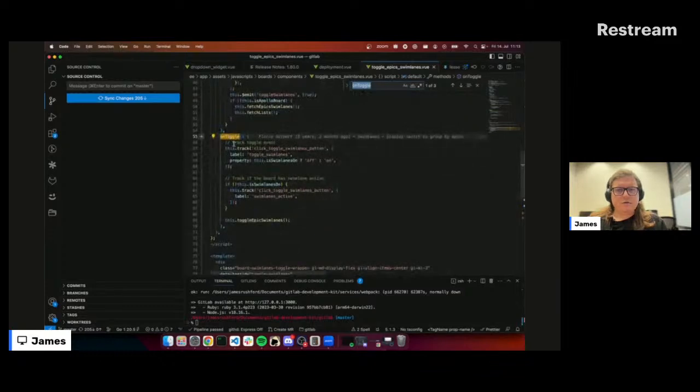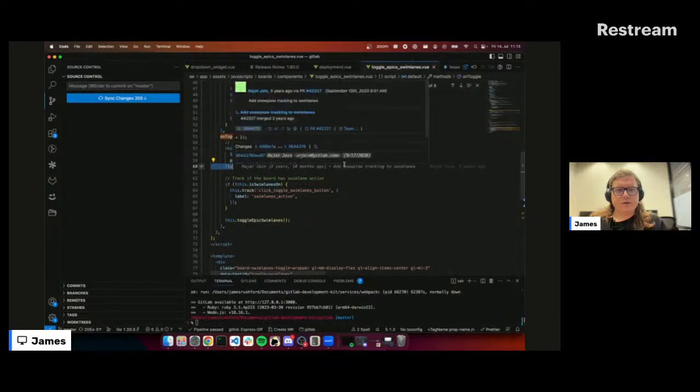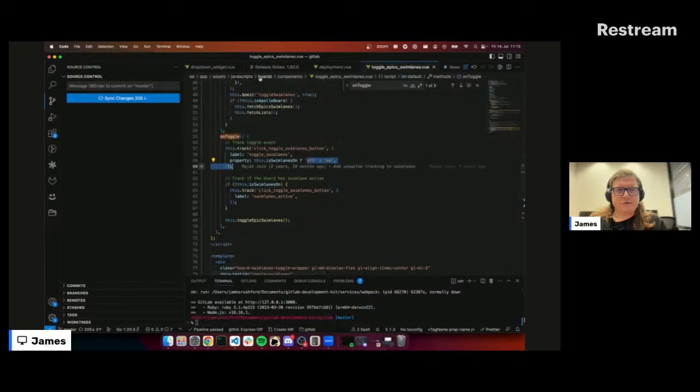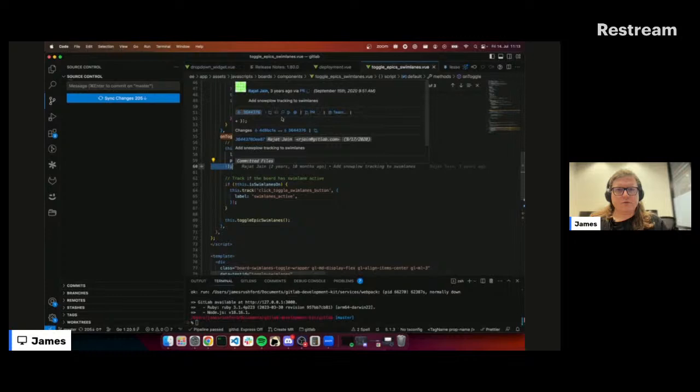Okay, so on toggle, we're tracking if it's turned on or off, and it's going to turn something on or off. All right, so what we might do is work out where this is rendered. The way I'm going to do that, because this doesn't look straightforward, JavaScript boards, components, is we're going to look at a previous MR